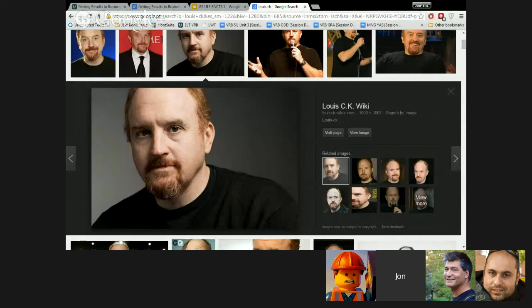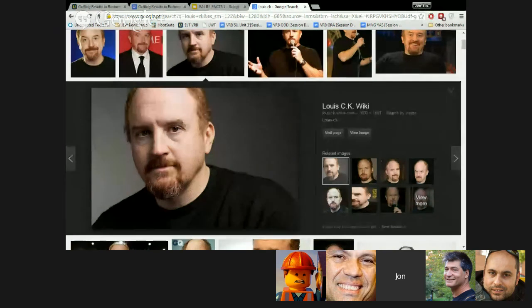So I think this is a really good example because it opens the door for other people to sell their products directly. That was the great hope of the internet, that you could have direct contact with people. You don't need to go through anyone else. So I use that as a good example, Mr. Louis C.K.